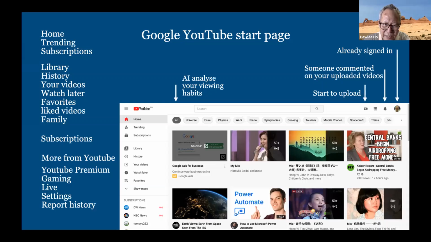You can find back that video. It's just a link. From left to right, the next one is the AI analyzer. This one, YouTube artificial intelligence will analyze your lifestyle and try to put all those you are interested to view right at the top for you to view again. On the further left-hand side, you have a button for upload, and to check whether you have logged on or not, there's a circle for you to either put your own face or some icon, a flower or whatever it is, to confirm you have logged on to YouTube.